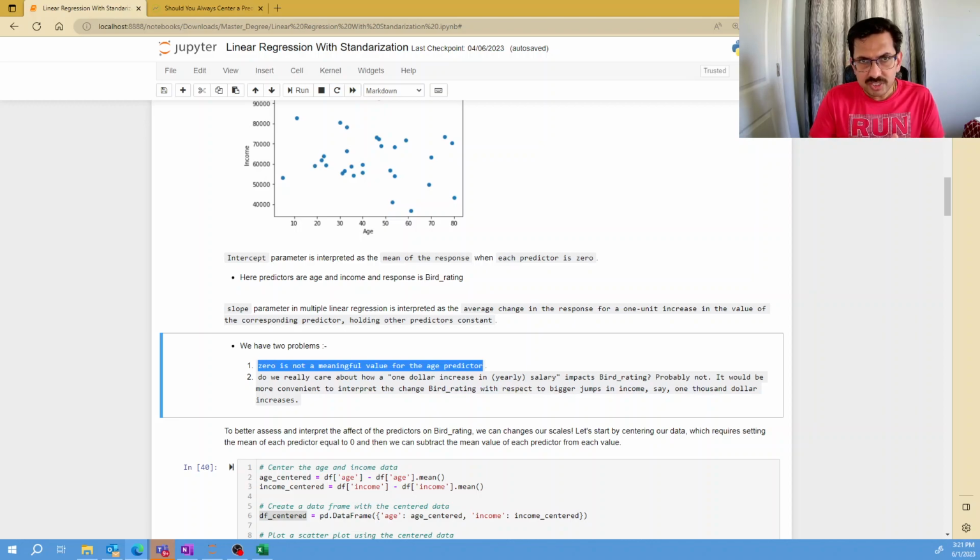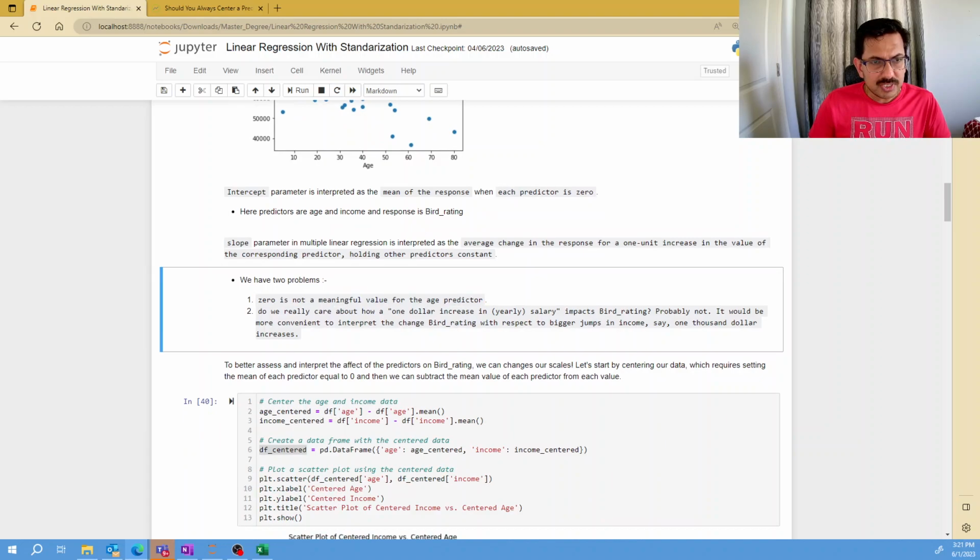Now, when we are doing the standardization, internally it is actually doing a two-step process. What exactly is the standardization? That's why I will go a little bit slow and explain it, instead of just using the Python code and showing you the standardization is done. So the first problem is this one: 0 is not a meaningful value for the age predictor. So for that, what we have to do,